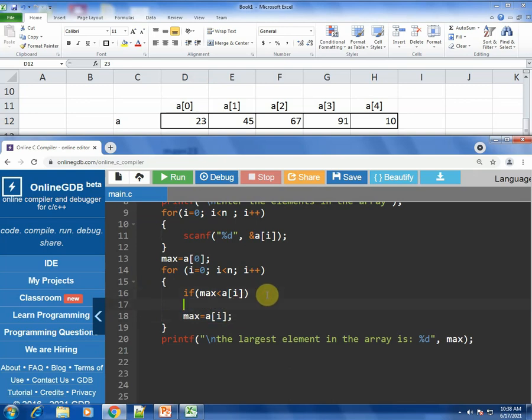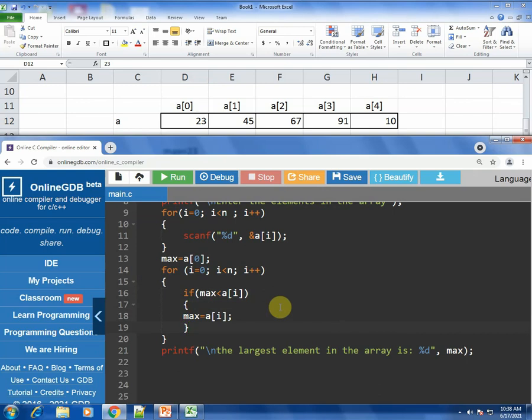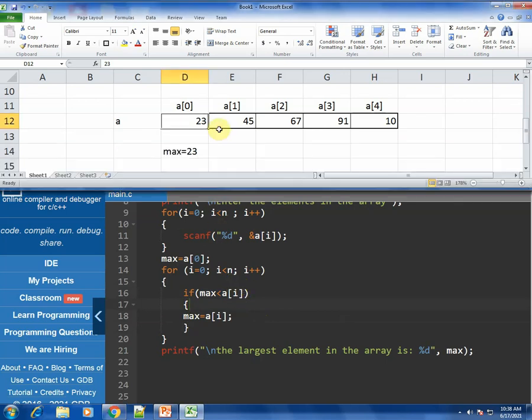So this line what you see over here is actually inside the if statement. So this will be executed only if the if condition is true. Whatever is inside the if statement will be executed if the condition is true or the condition is met. So right now it is not really less than, it is equal to, hence it will not be executed. The next time I will be now 1.